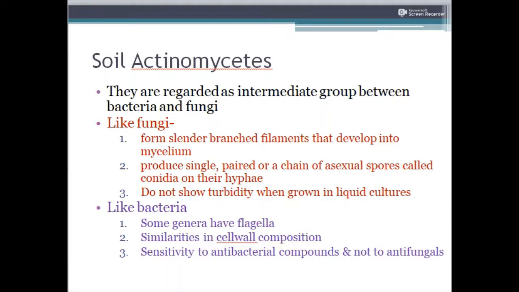Normally, actinomycetes have been found to be a very slow growing group, with some of the properties of fungi as well as, at the same time, some properties of bacteria. So if you have bacteria and you have fungi, you keep actinomycetes in between as an intermediate group. Let's talk about the actinomycetes which have been found in the soil.